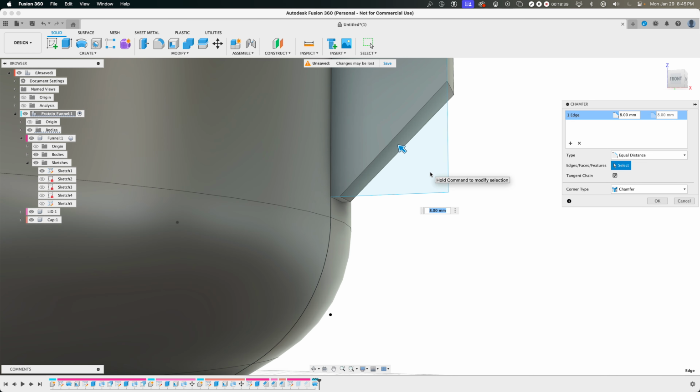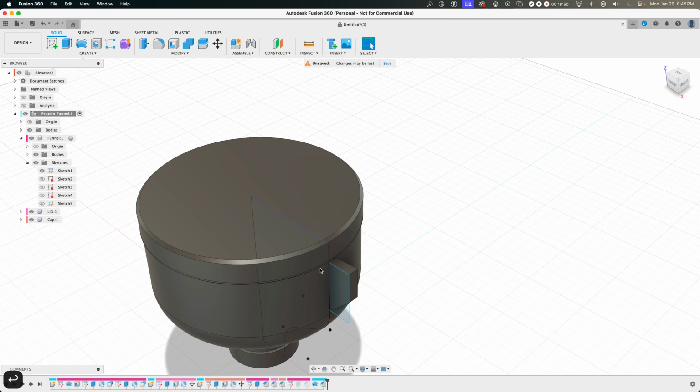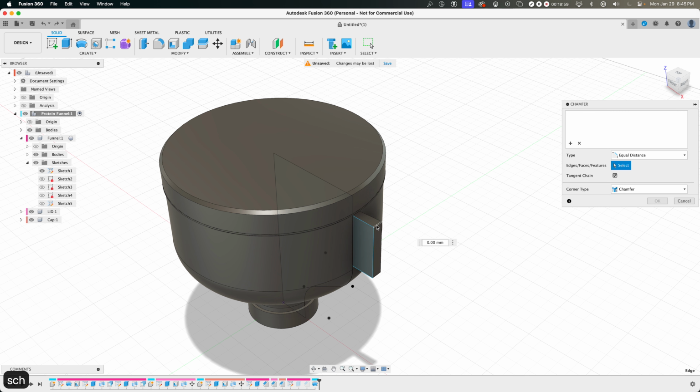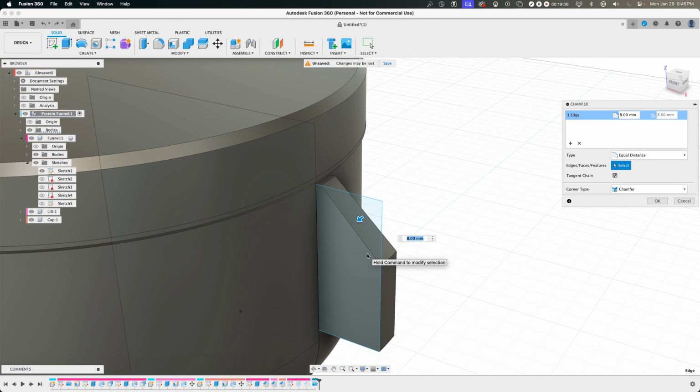The only reason I'm adding a chamfer here is so that when we 3D print this, depending on how you reorient it, it won't be that much of an issue. So if you're printing from this cap here going up, this should be going this way. But if you're printing it the other way, for example from this bottom piece going up, then you would probably want to print it this way. That way you could avoid using supports,